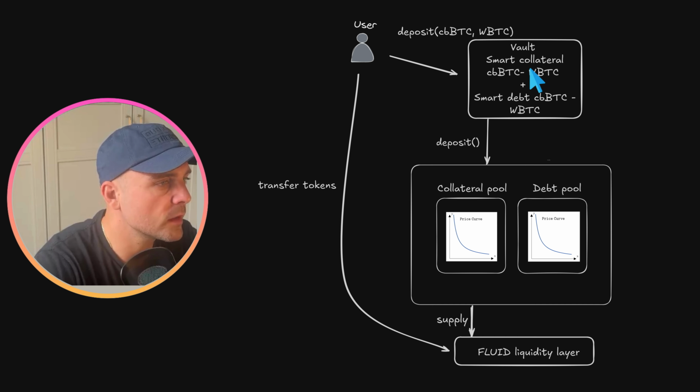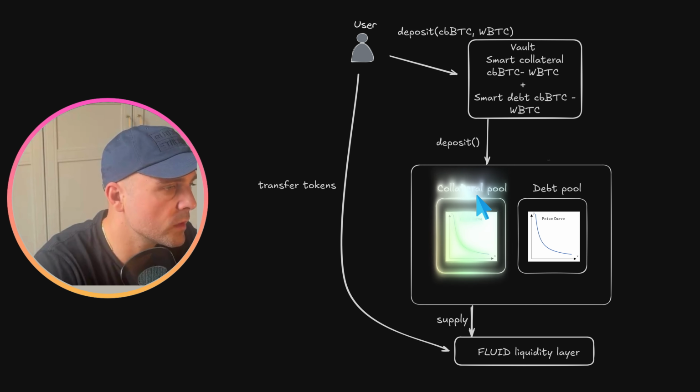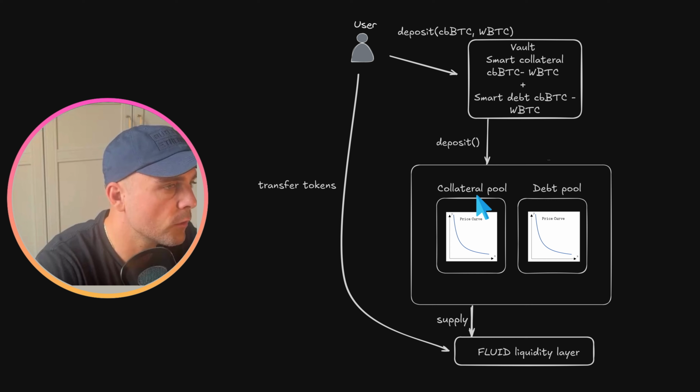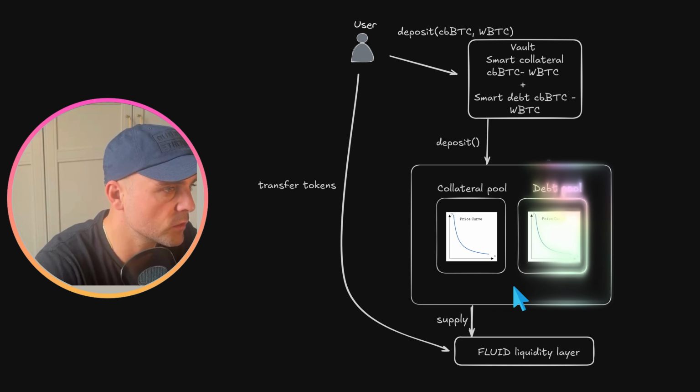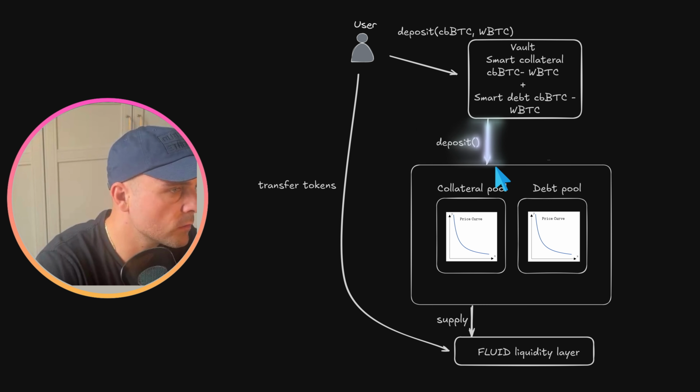So when depositing smart collateral, he can either deposit the right proportions of both tokens, or he can just deposit one token, which would trigger an internal swap that makes sure that this deposit is in line with the existing proportions of reserve of the underlying AMM. Anyway, the vault would then interact with the DEX smart contract, which is this one, to deposit those tokens into